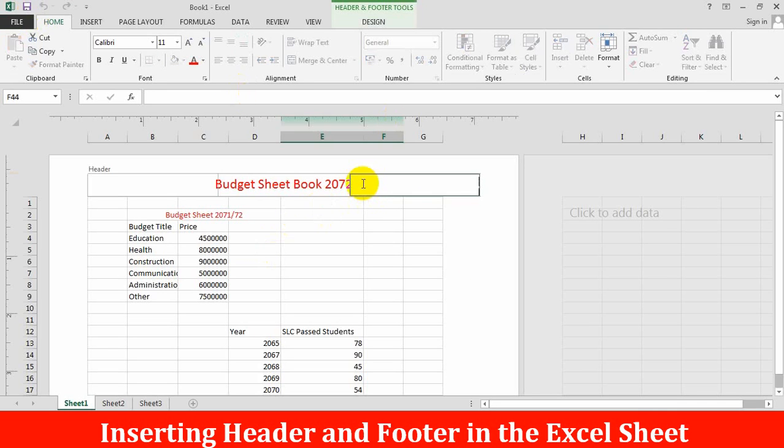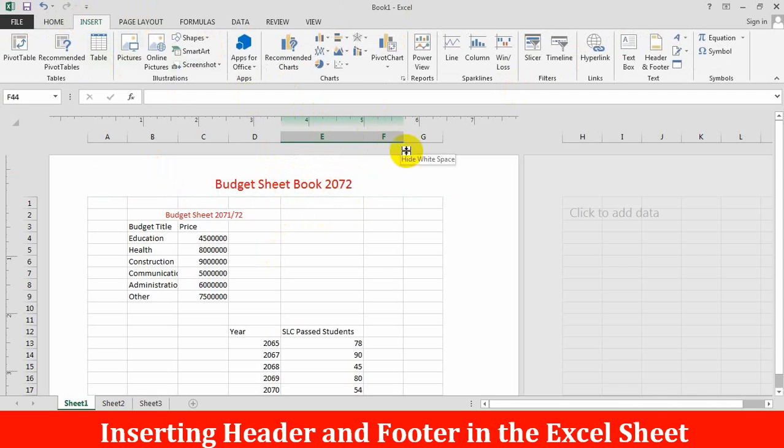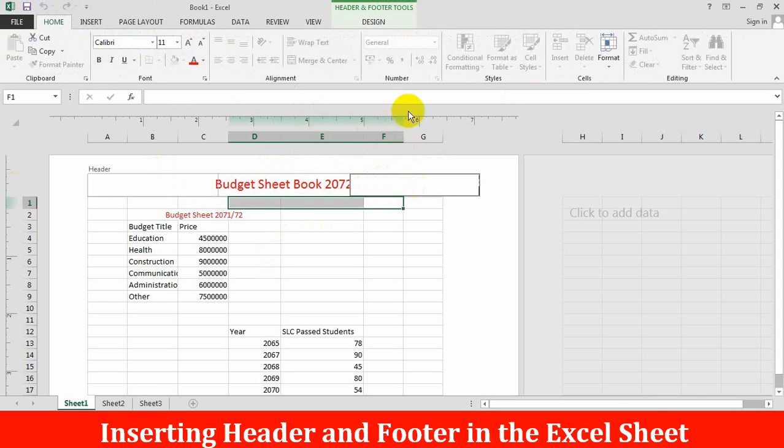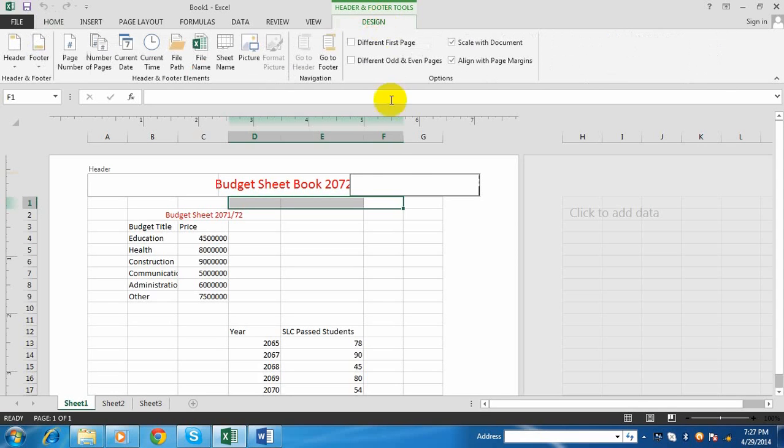You can also insert page number, like from the Insert menu, or you can just double click. Here we are in header. You can click on Header and Footer Tools Design tab here. From there you can change the style of header and footer.